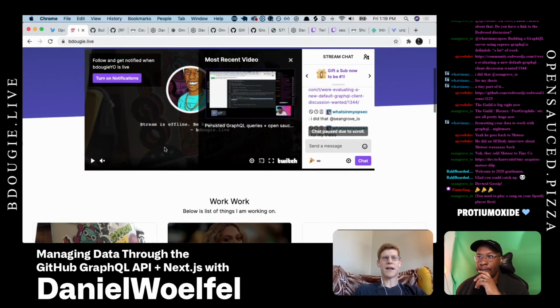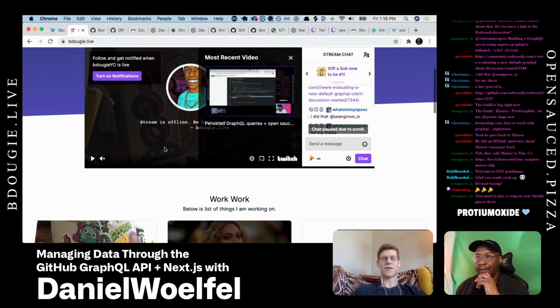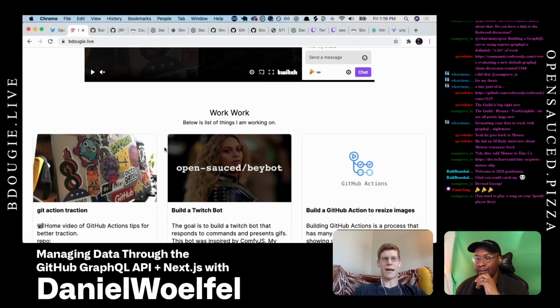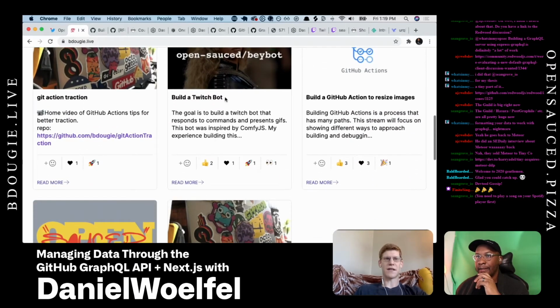And you can't make unauthenticated queries to the GitHub API. So you have to have some sort of authentication. And you don't really want to give out a token that gives access to the GitHub graph, because there's a lot of stuff in there that you don't want to expose. So we use this really cool GraphQL-adjacent feature called persisted queries.